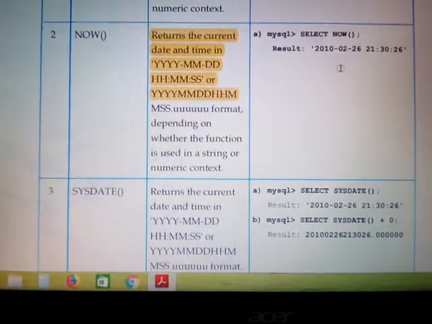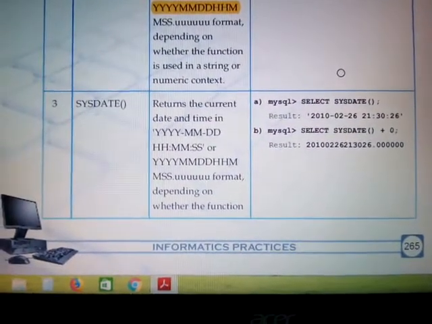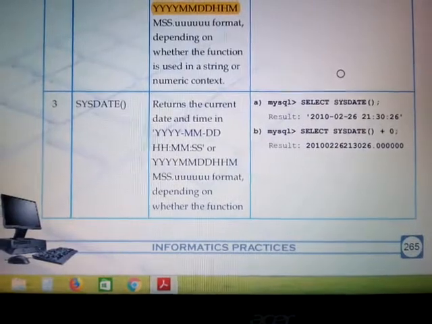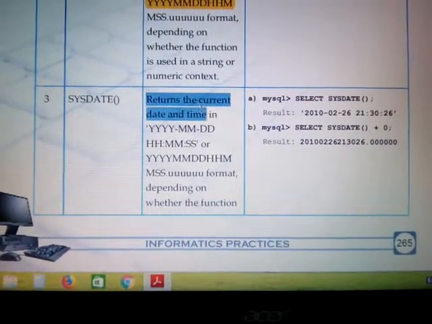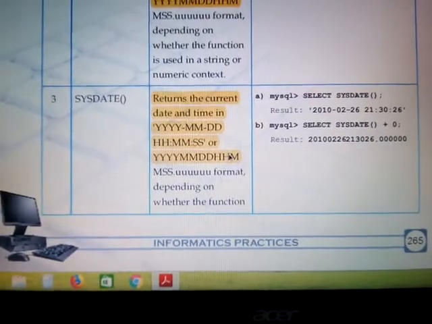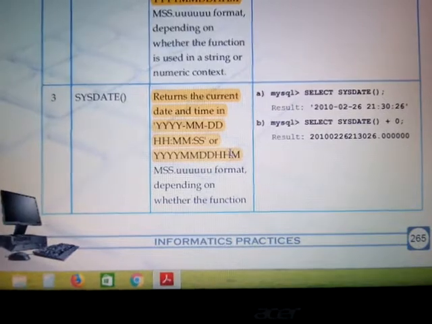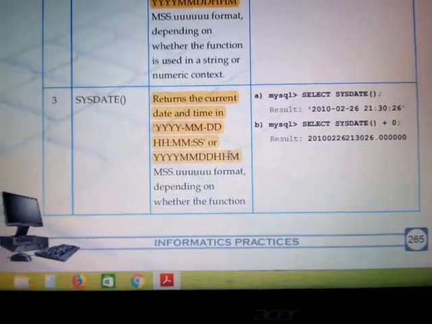Now the third one is SYSDATE. SYSDATE means system date. What SYSDATE does is it also returns the current date and time in year, month, date, hour, minute, second format.